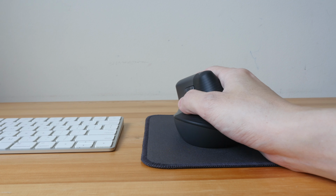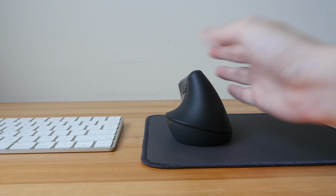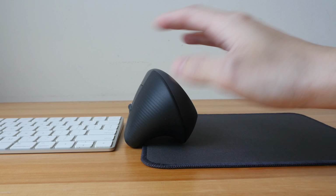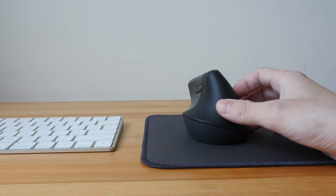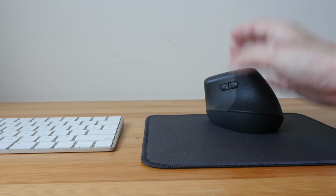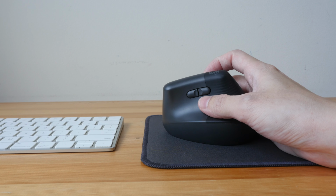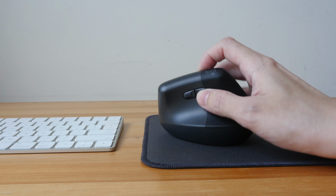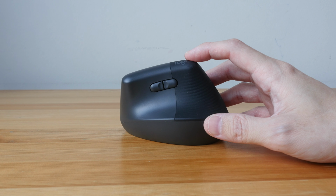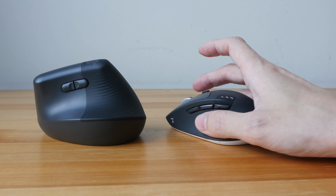If you work too fast, chances are when you're switching your hand, you may hit the top of the mouse and the mouse toppling over. That has happened to me several times, so this is going to take some time to get used to, just like how it's going to take time to get used to vertical scrolling by pressing a button and scrolling at the same time. This is a really good mouse, however I will not recommend this over a traditional mouse unless